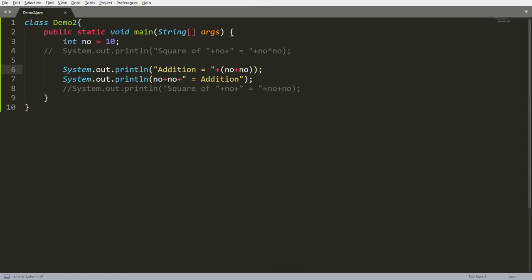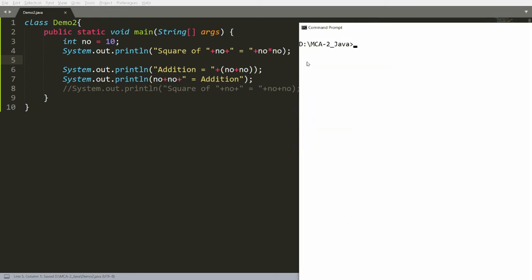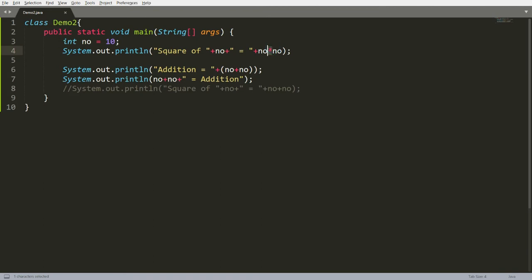For example, if you compile this particular program, if you are writing like this, square of the number, and if you are not writing a bracket over here, then still it will work fine, and you will get the message that the square of the 10 is 100. So in this case, it did not happen. Why? Because multiplication is doing the multiply and plus is doing the concatenation in this particular case. But in the other case, it will be confused whether this is the addition or concatenation. In this case, I have to use the bracket.